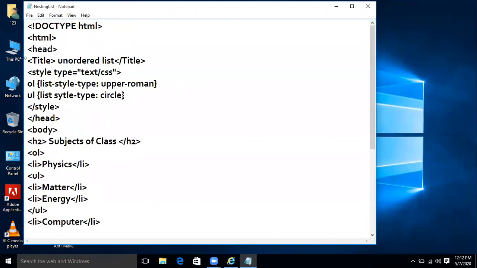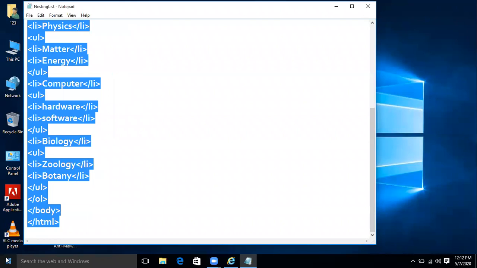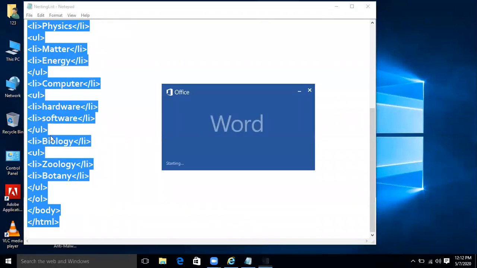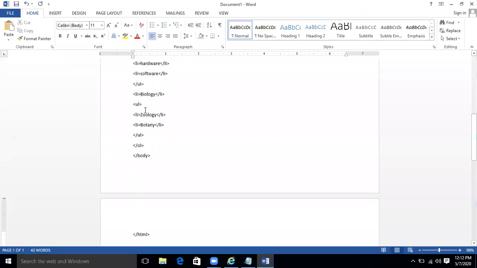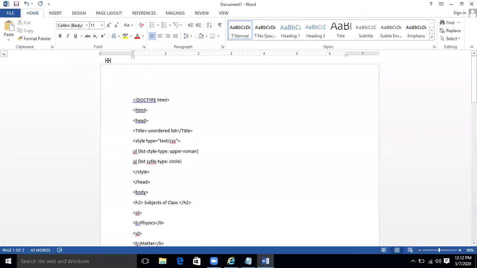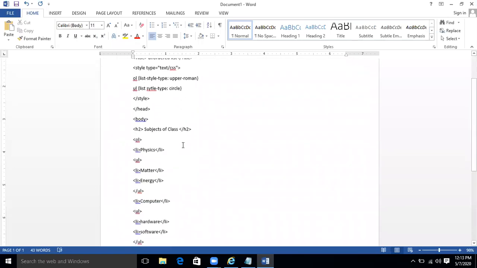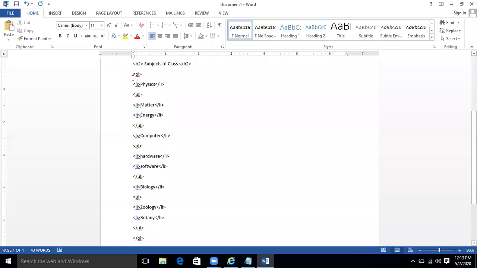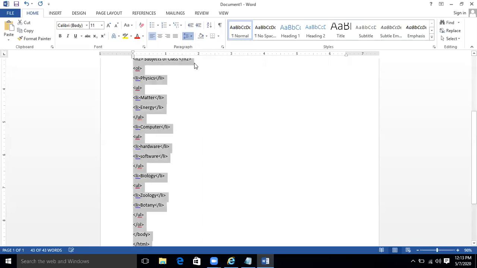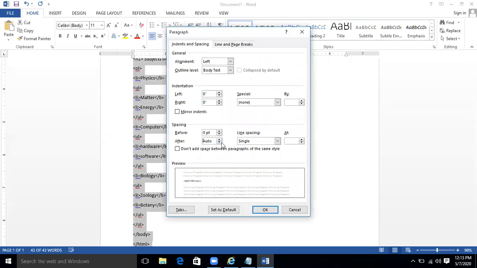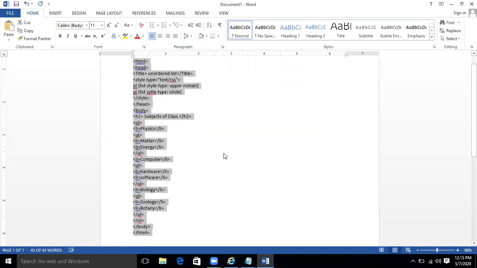If I copy this document so that I can show you with some different colors, so there should be a proper understanding. In order to explain you, just to explain you, I have copied it in the Word document. There isn't any need of Word document. In order to just explain you, I have done this job. Okay, now please see. I want to explain something to you. This is basically the ordered list that we have started from here.